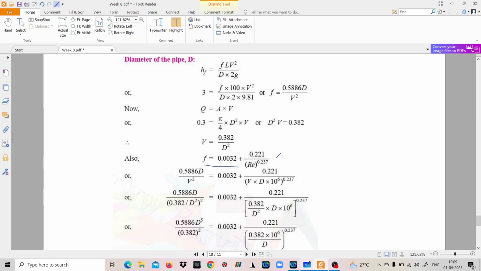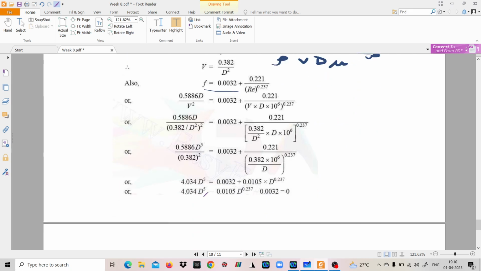The value of rho is given to you. V is not known, d is not known, but the value of mu is known, because the value of nu is known. Nu is mu by rho. So if you substitute all this here and further replace V with 0.382 by d square,